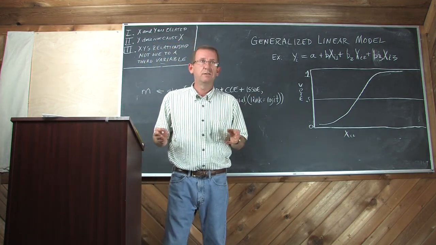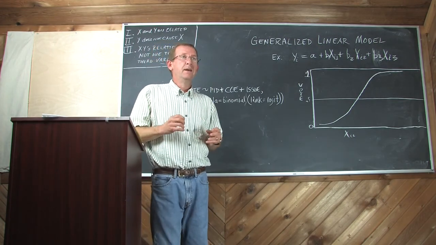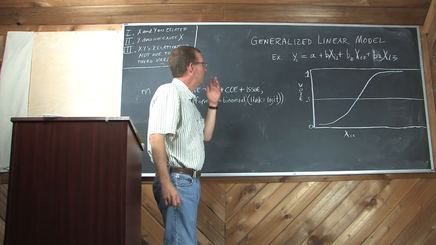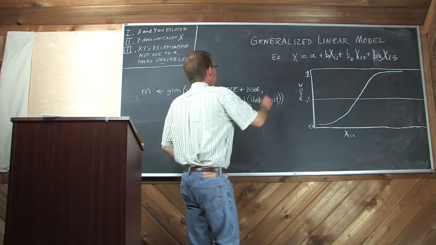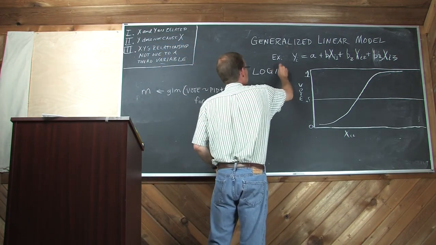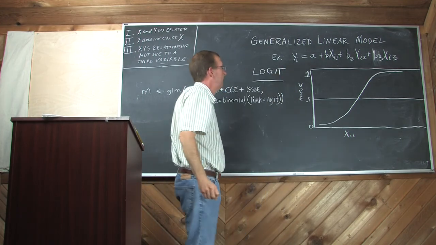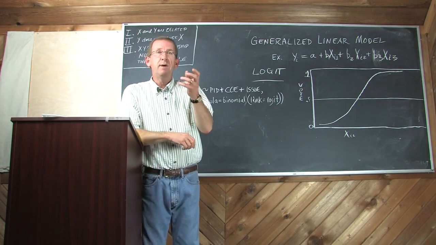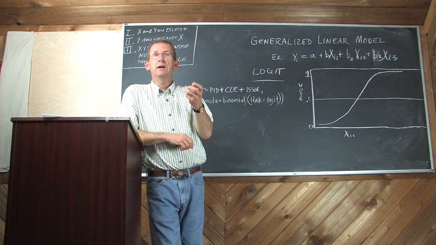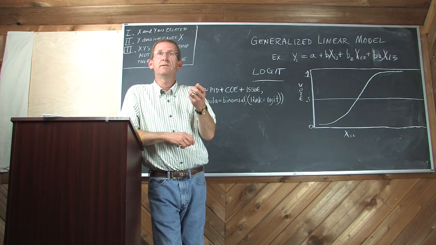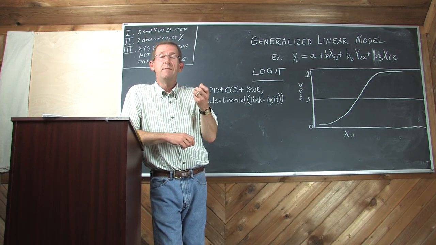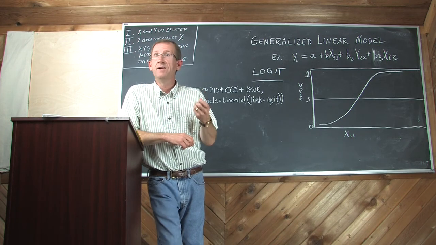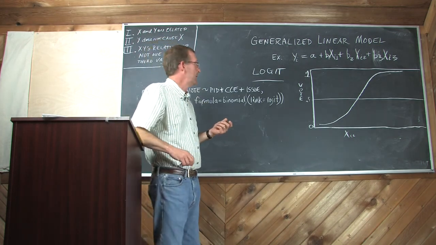So a test question: what would you use if your dependent variable was dichotomous? An answer would be the logit model. Logit. Or logit link function. Logit is a logistic regression. The estimation strategy is not ordinary least squares. Typically, the estimation strategy is called maximum likelihood. It's a trial and error approach. It is very powerful and